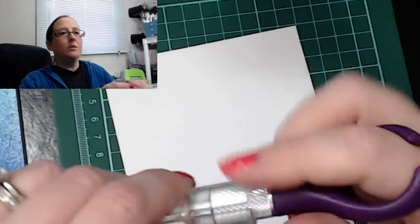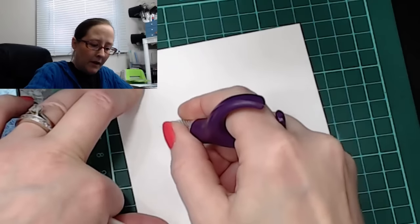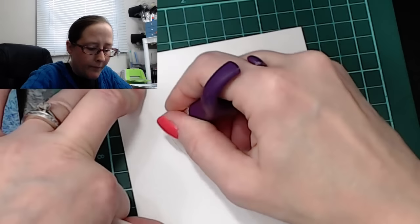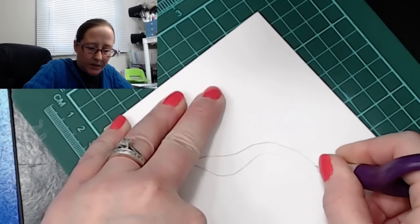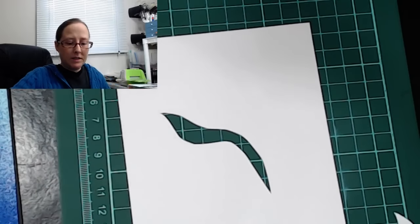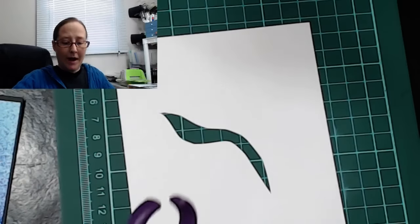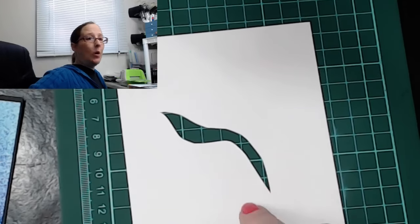I'm going to try to use this, although I don't have real good luck with it, I'll be honest. You're supposed to be able to swivel and cut out whatever you want with it, but it's really never worked that well for me. I'm just going to use this to cut out a shape. Okay, there's a shape, right? And let's say I have a bunch of sprays on top of this one, and you can spray it if you want. I'm not going to spray mine today because we're not talking sprays, we're talking glitter. But this hole here,